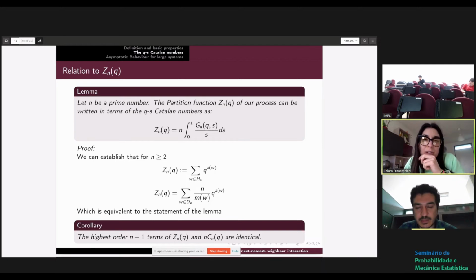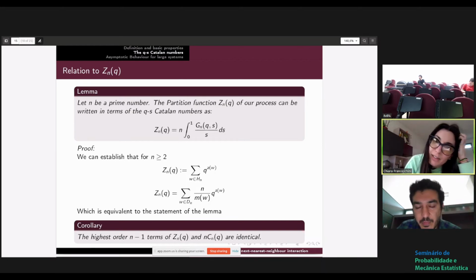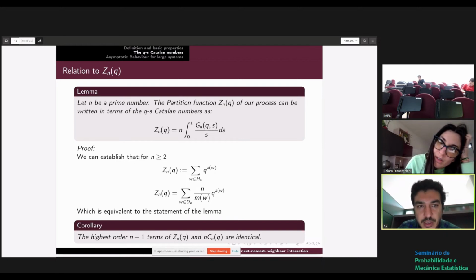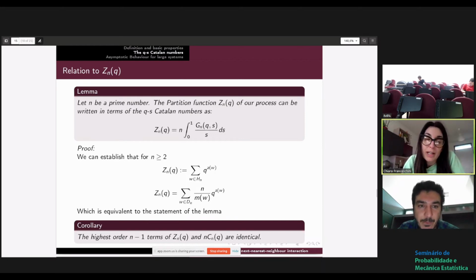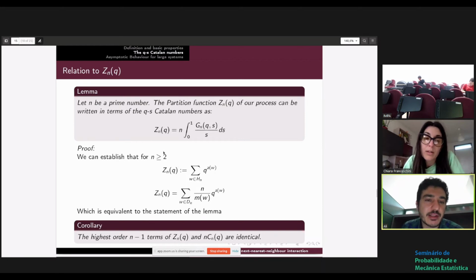Sorry, so little n was the number of particles in the system. Yes, n is the number of particles in the system. And it has to be a prime number for this. So here I wrote prime number because it's easier to show for a prime number. But actually, this is true even for non-prime numbers. But for prime numbers, you don't have the problem of